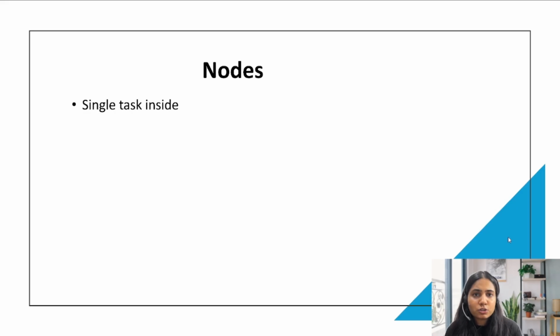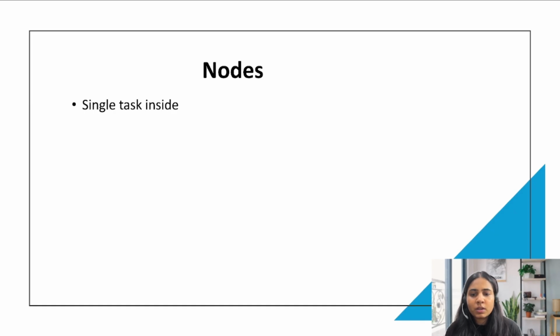Each node represents a step. For example, calling an LLM is a node and this is one step. Then retrieving a document is another step. So this is one step at a time, or we can say a single task, which we represent in the form of nodes. Then calling an API, sending an email, whatever tasks there are, they are represented as